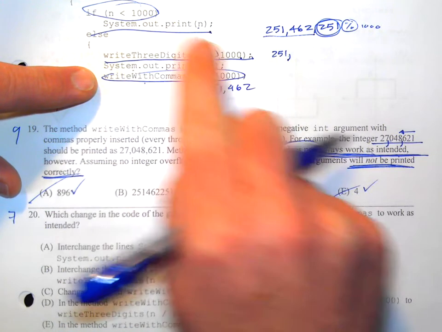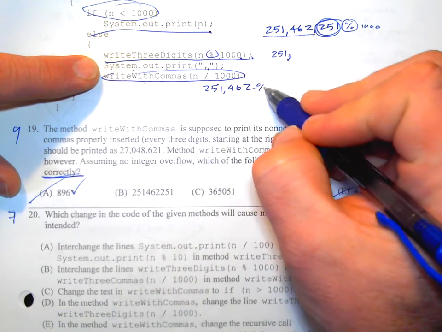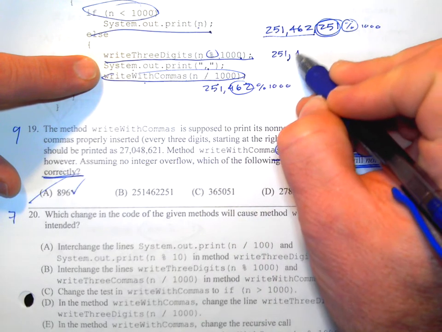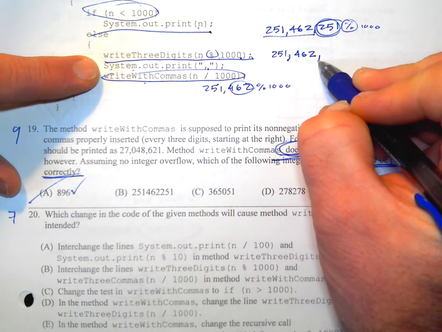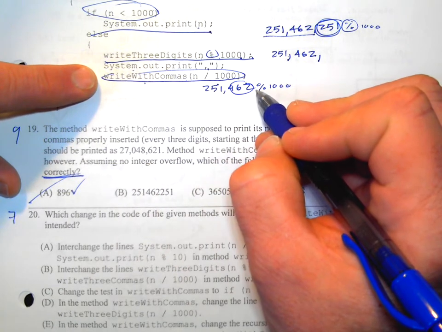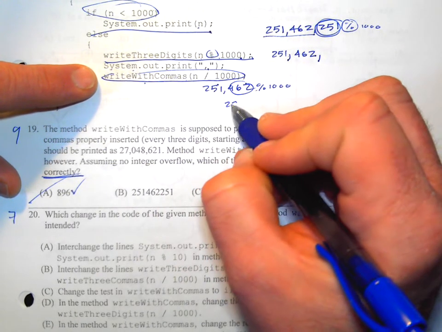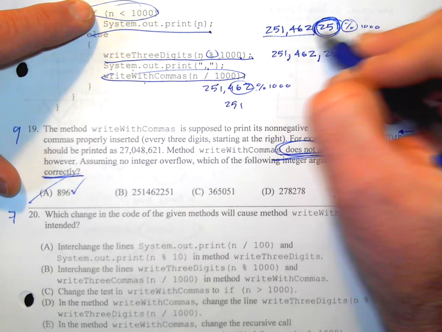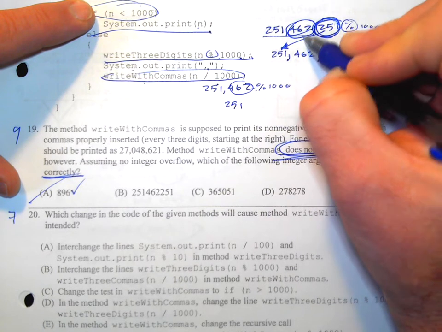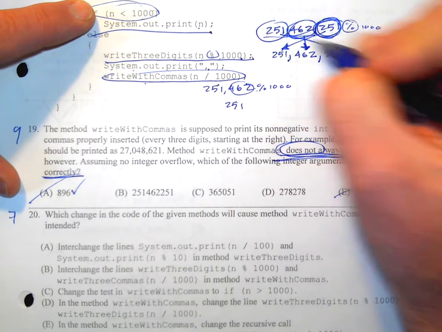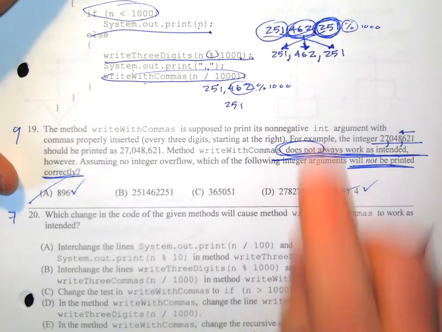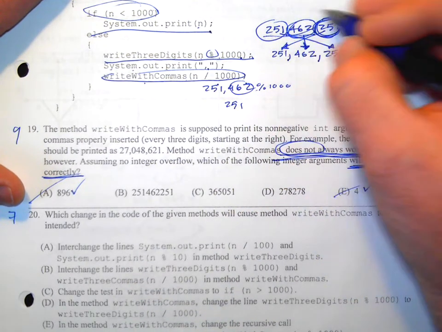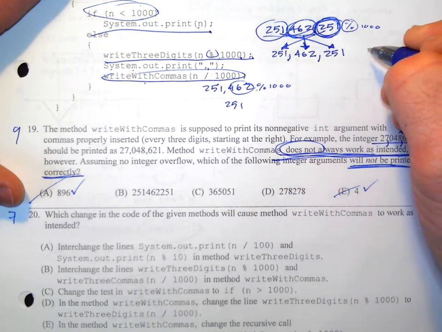Nope. So it does modulus 1,000 on this one, which is going to give you the remainder, and it prints those out, which is going to be 462. And then it puts a comma, and then it does this divided by 1,000, which is going to give you 251, which is less than 1,000. It prints it out. Now, the thing that you should realize is that it printed this one out first, then it printed this one out, and it was the first 3 digits that it printed out last. Now, in this particular example, that looks okay because the first 3 digits are the same as the last 3 digits, and it has a symmetry to it, and so it looks right. But if you were to do it with